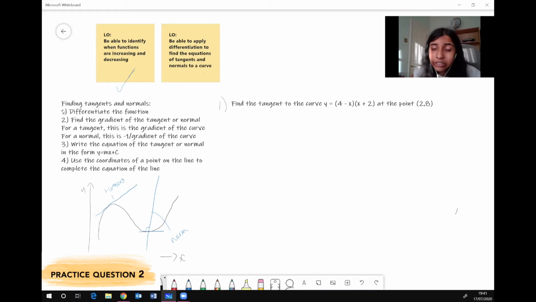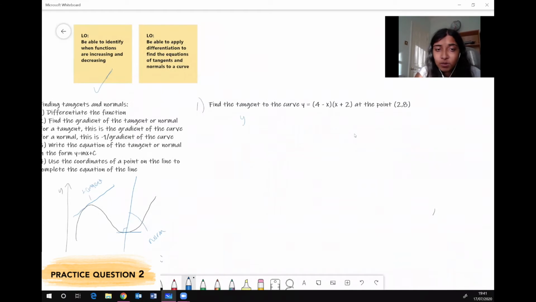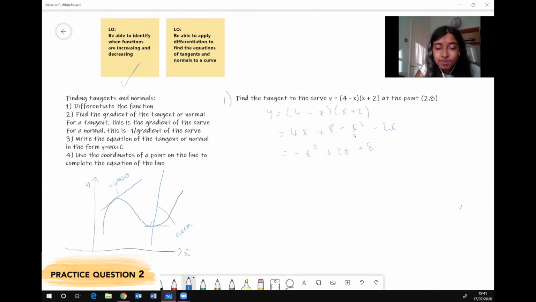So the first step is you just want to differentiate your function. In order to do that, we just want to expand it first. So if we have y equals (4 minus x)(x plus 2), that's just equal to 4x plus 8 minus x squared minus 2x, and that's equal to minus x squared plus 2x plus 8 if you collect like terms. So now this is easy to differentiate, so dy over dx is just equal to minus